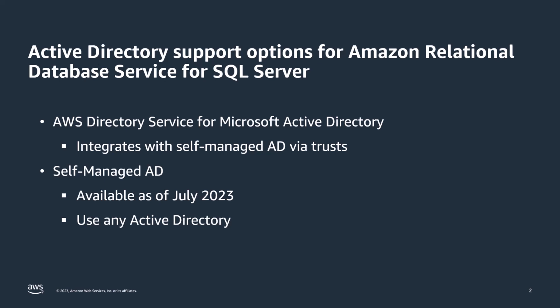Prior to July 2023, if you want your on-premises users to have access to your RDS for SQL Server database instances, you'd have to set up a trust between your AWS Managed AD and your on-premises AD in order to be able to delegate those users and set up logins for them within the SQL Server environment. Now, with the self-managed AD option, you can use any AD environment given that you have a network path that